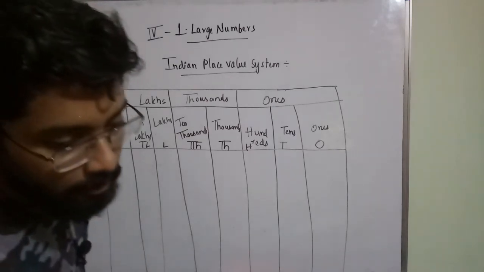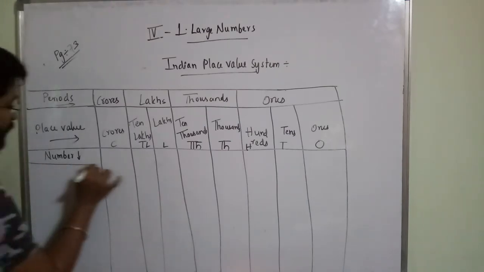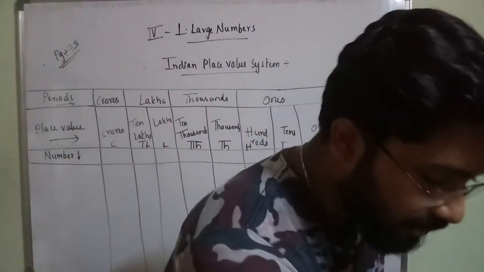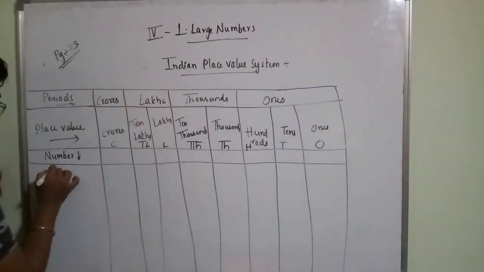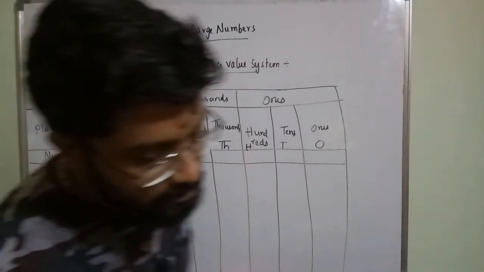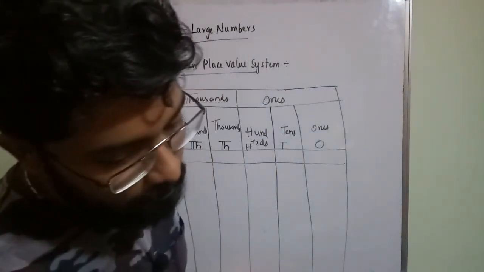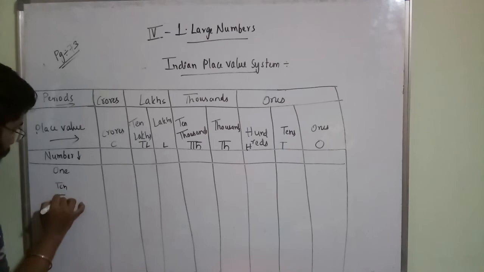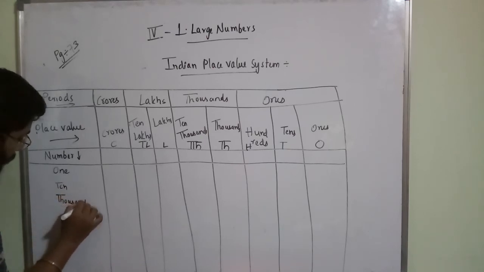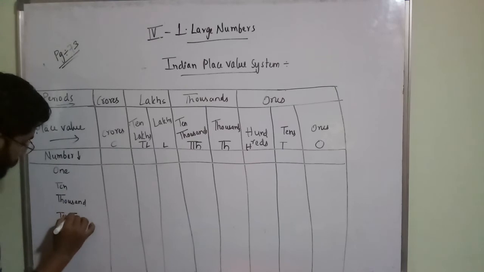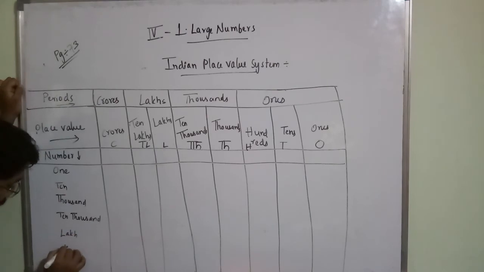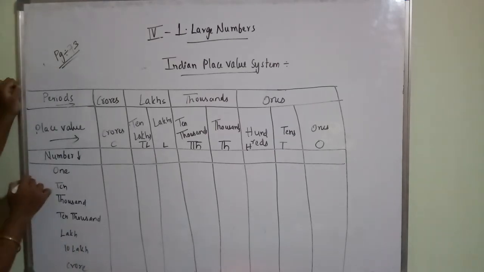So he has given one more row here, the number. The first row is completed. This is showing the number. So let us see: 1, 10, 100, 1000, 10,000, lakh, 10 lakh, crore. Okay, like this you have to